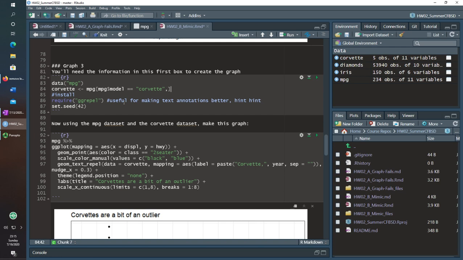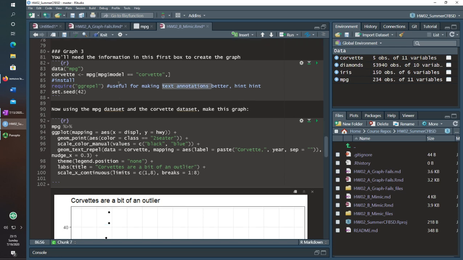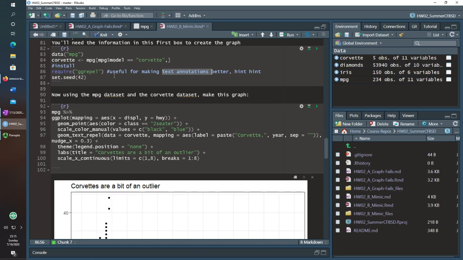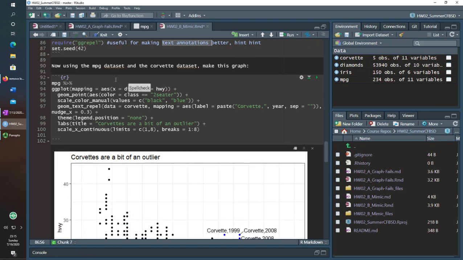And then also ggrepel, like I said, is useful for making text annotations, so this is in particular really needed for the text annotations, but you can actually do some of the other values differently.